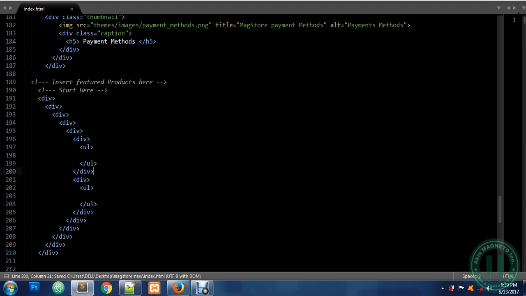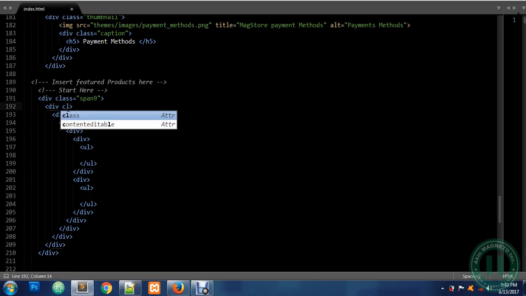Now once you have done all these, kindly go through it one more time. Now we are going to go straight to adding the content inside. Now please take it very simple with yourself so that I can get all the steps explained. So right now we're going to start adding the image. Now remember, we make use of divs, classes and IDs. So the class should be span 9, and the div class here is going to be